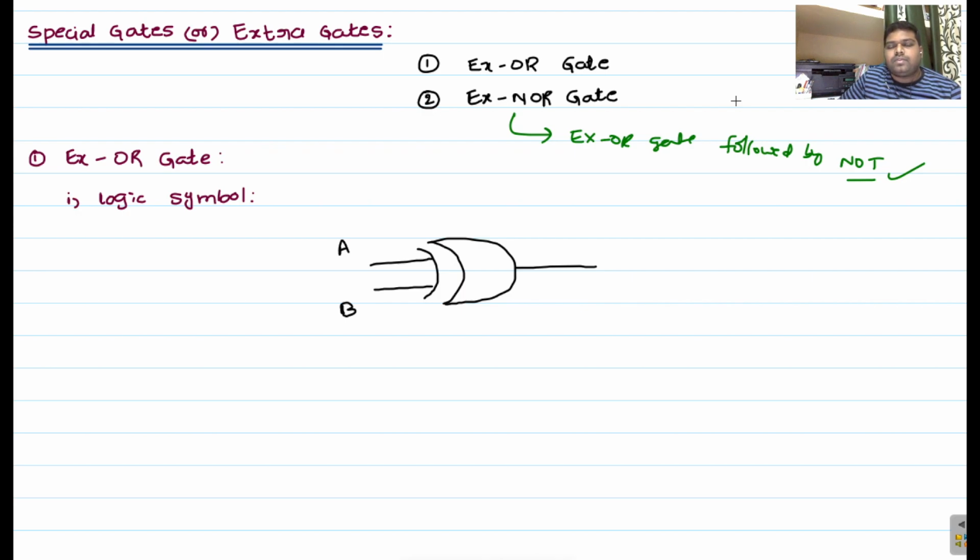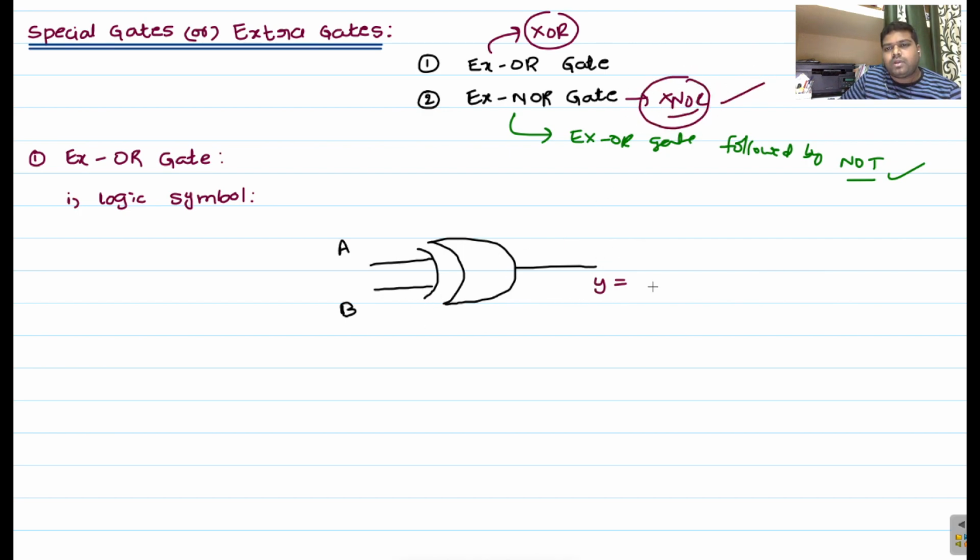First we will look into the XOR gate. First, the logic symbol. This is our XOR logic symbol. Here the output is Y, so Y equals, instead of this XOR we can write like this also. This is also used in digital electronics terminology. You can use this, otherwise you can use this XOR gate also. Both are the same. And if you want to write for the XNOR gate, you can mention it like that, no problem.